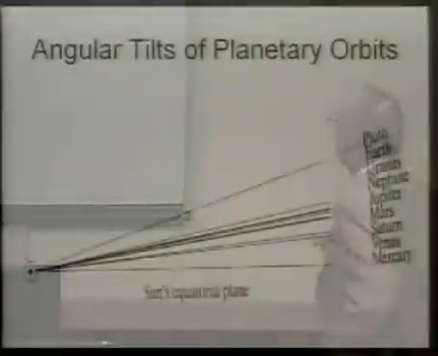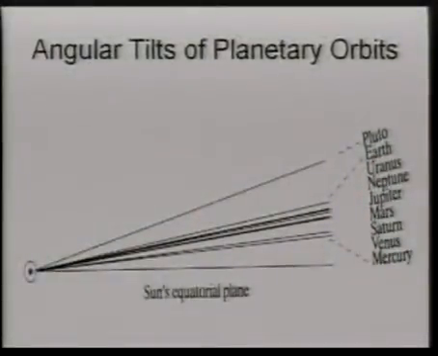This is a graph showing the angular tilts of all of the planets. This is the equatorial plane of the sun down here. Notice that they're grouped. There seems to be a group here, and another group here, and one here. And these are multiples of one another. This angle here is twice that. This angle is 1 unit, this would be 2 units, this would be 3 units. And this stuff in here is what we call fine structure due to secondary effects. So we see that this data has never